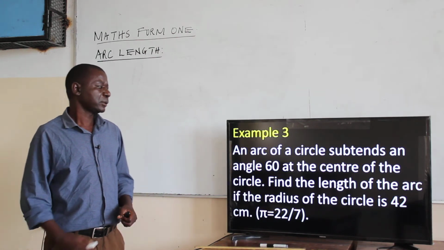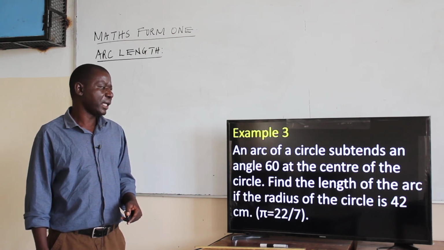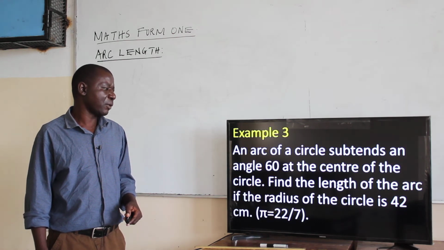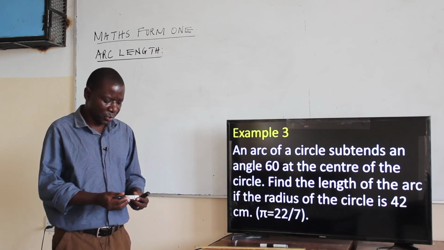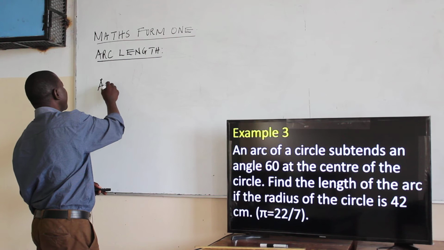An arc of a circle sustains an angle of 60 degrees at the center of the circle. Find the length of the arc if the radius of the circle is 42 centimeters. So we have a radius of 42, but remember the arc length is given by